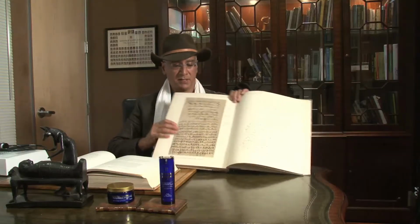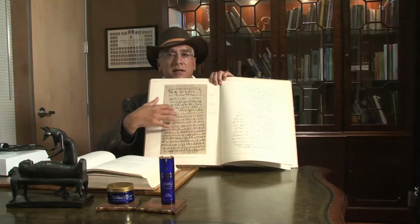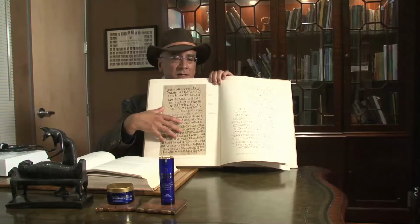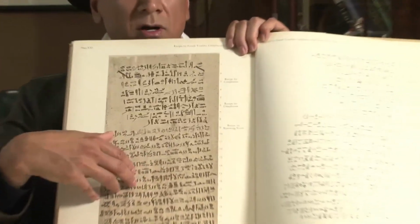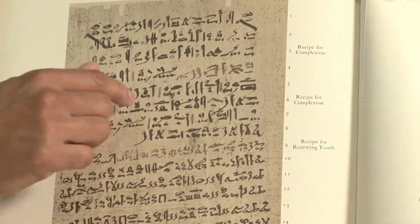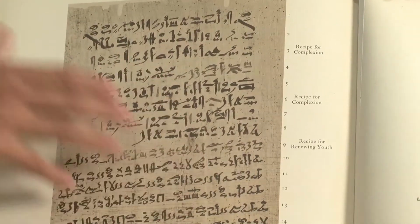So that's what these represent. There's a 2-volume set. And this is Hieratic, which is how they wrote. It's actually black and red. And I've seen the actual papyrus. The papyrus and the copyright for the books are owned by the New York Academy of Medicine, but they have been for a number of years in the Metropolitan Museum in New York. And as you can see, this is Hieratic, how they wrote. By the way, I've seen it in real life. It's way darker and more black, and the red ink is as bright as can be today, 3,600 years later,